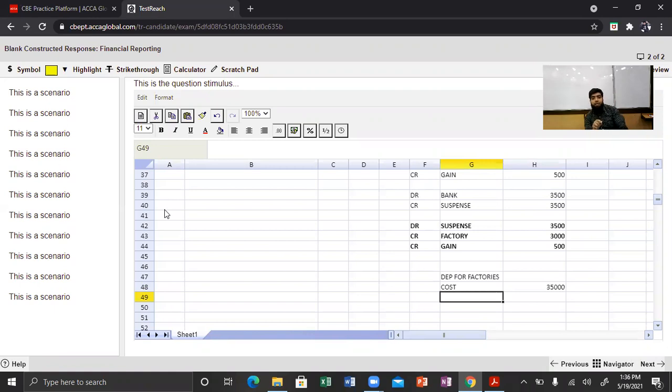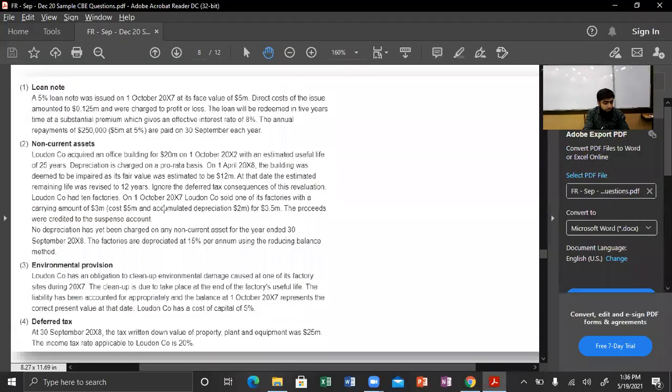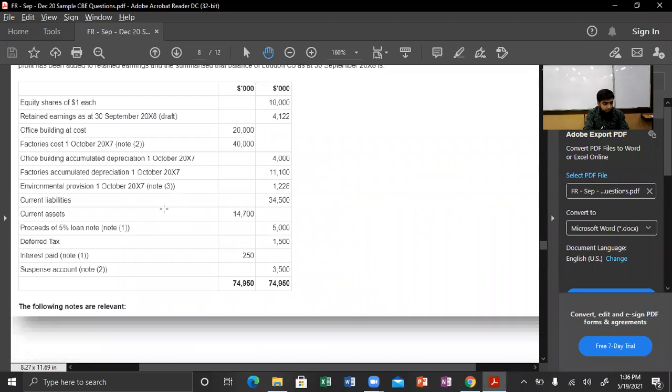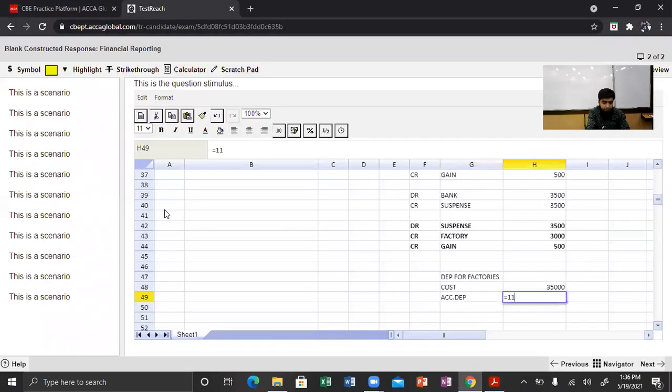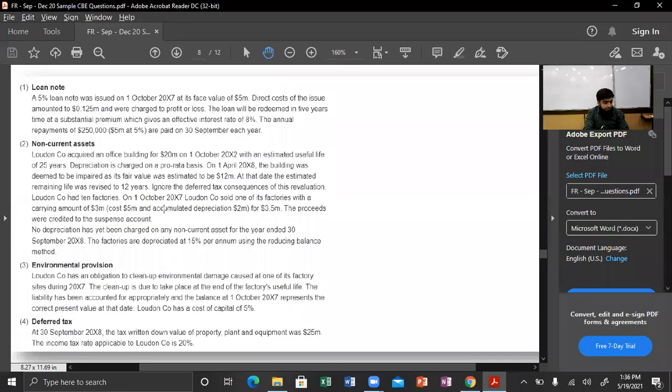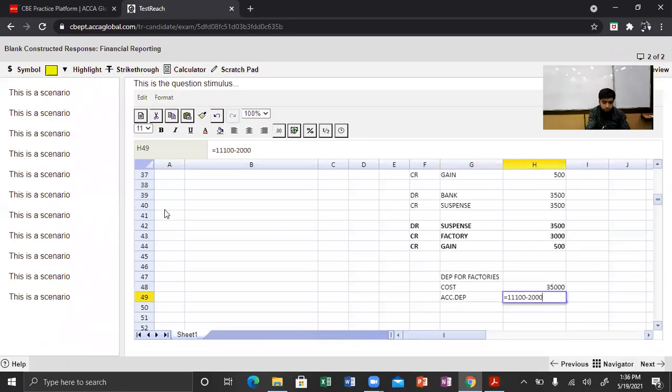Remember, there is a reducing balance method. So the formula for the reducing balance method is the cost minus accumulated depreciation. And accumulated depreciation is also required. The accumulated depreciation for the factories is given in the question, that is 11,100, and we are supposed to deduct the accumulated depreciation, that is 2,000, and the remaining accumulated depreciation is 9,100, and the depreciation for the year is